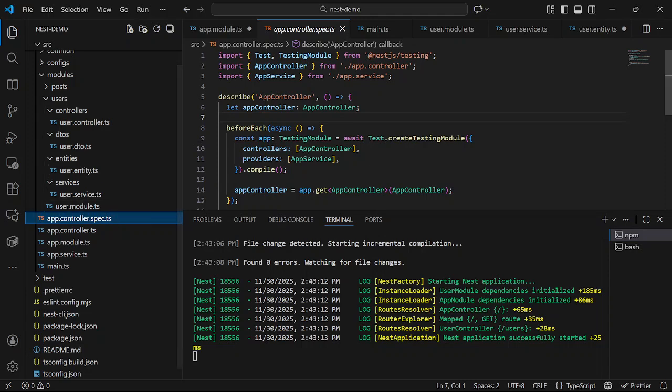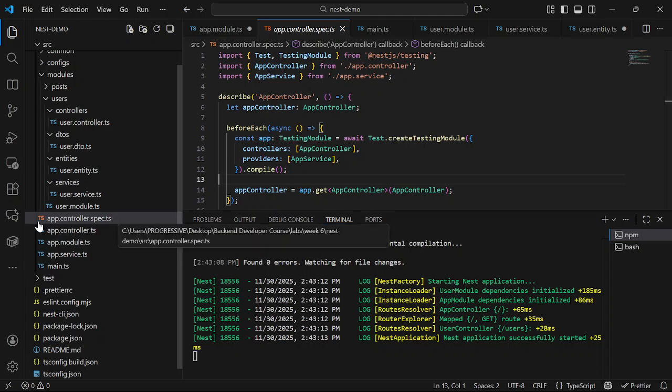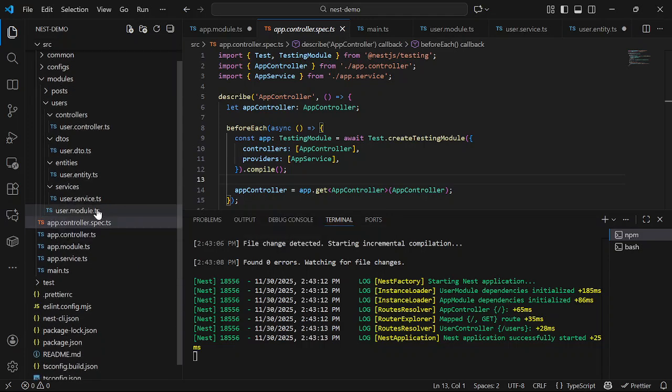If you want to write your unit tests and the rest for your application, this is the test file you use. But this is auto generated by NestJS, so I'm not paying attention to it. Anything on app here is auto generated by Nest when we initialized and created our project, right? So this is basically for tests.